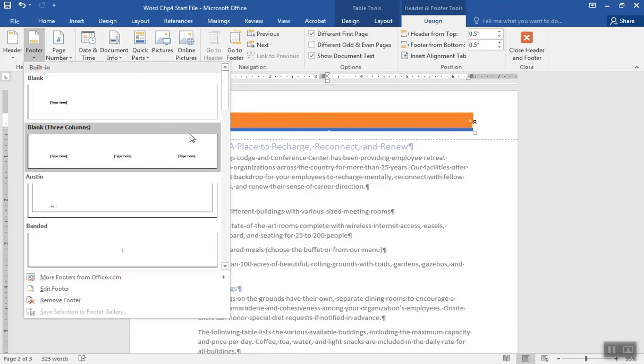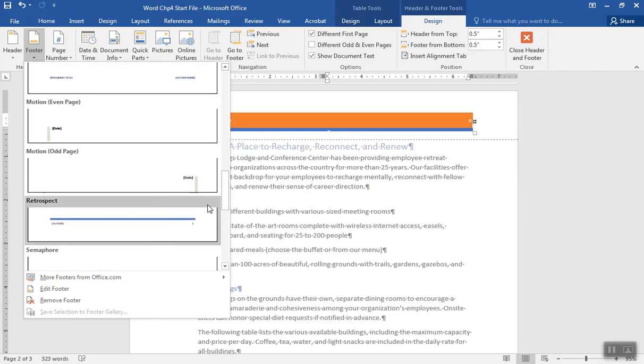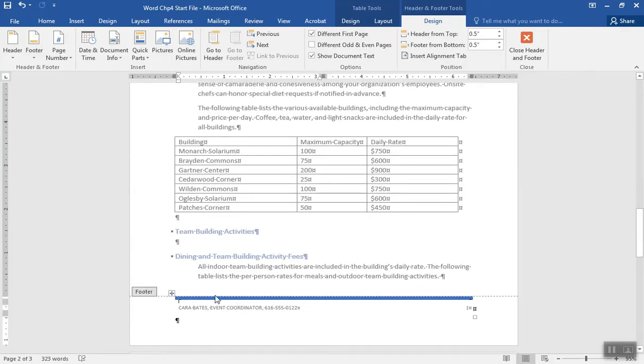Okay. And for my footer, I'm going to use that same formatted style of retrospect to kind of match the header. That goes down to the bottom of my page, correct? And puts my footer down there, okay? And in this case, though, I want to make sure that I select different first page. It is selected, okay? So my first page, I may not want a header and footer on the first page